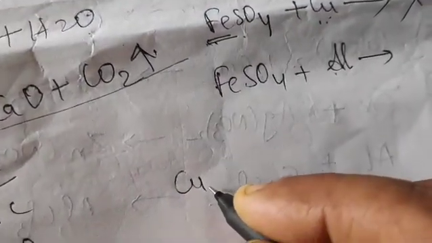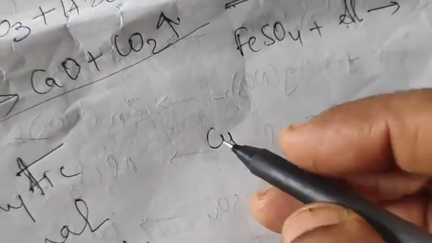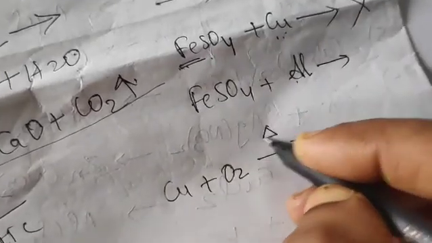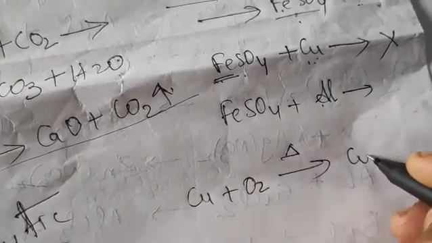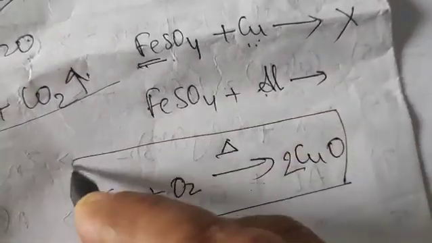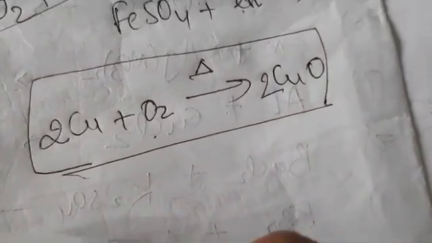The reaction which is taking place over here would be copper plus oxygen giving copper oxide. Copper is reacting with oxygen when you are supplying heat. Okay, it will form copper oxide. Now it's not balanced. Am I right or not? So what should you do? There are 2 oxygen atoms over here. So you balance it by putting 2 over here. But due to which what will happen? The copper gets disturbed. So this is your final balanced equation. Remember the balancing part which I taught you earlier?